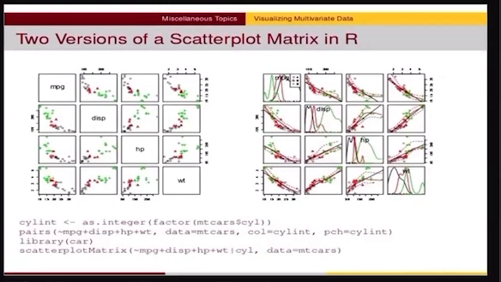Now take a look at this. Two versions of a scatter plot matrix in R. I've given you an assignment on this. This will enable you to see relationship. You can see some have a straight line relationship, some have a kind of curve, and with the straight line relationship, some have a positive, some have a negative, and so on like that. And if you look at the other one,